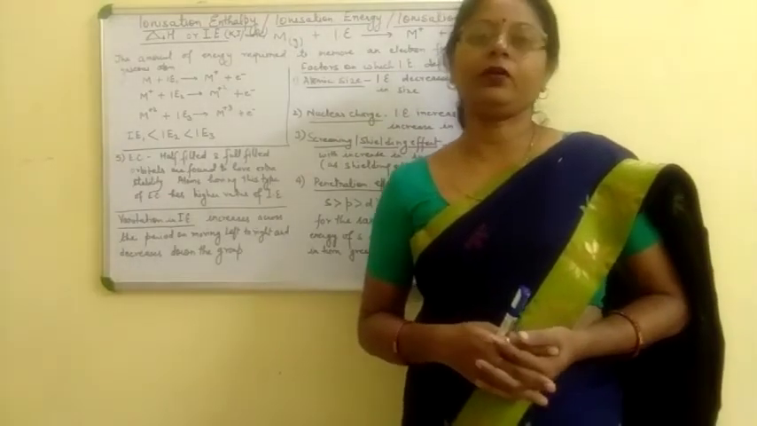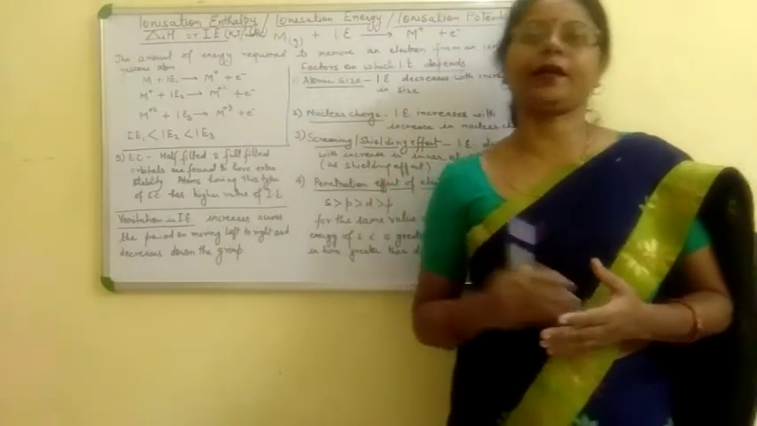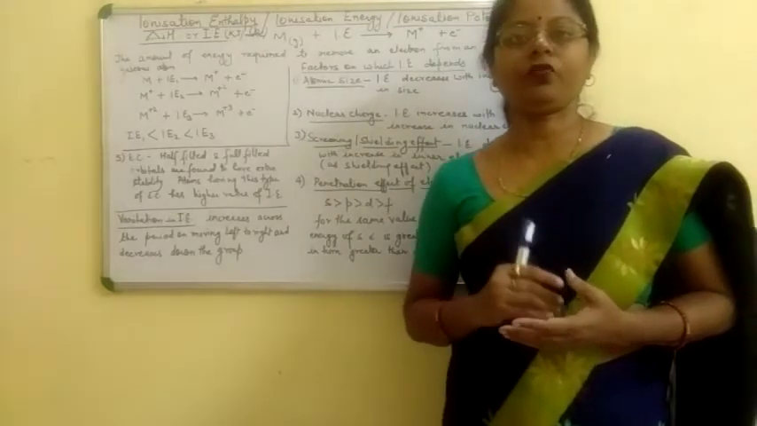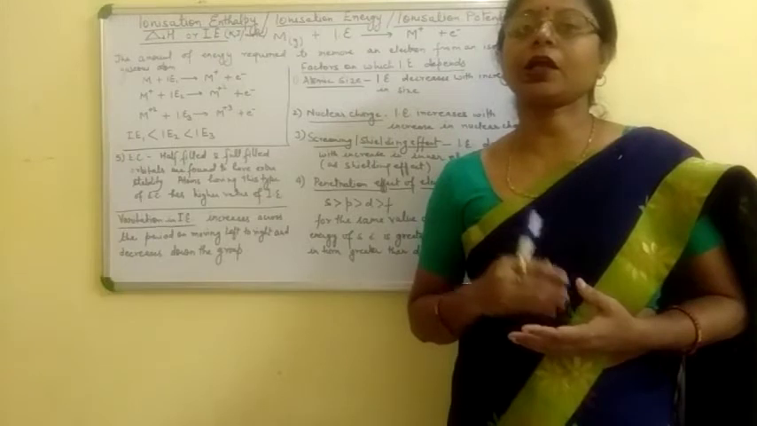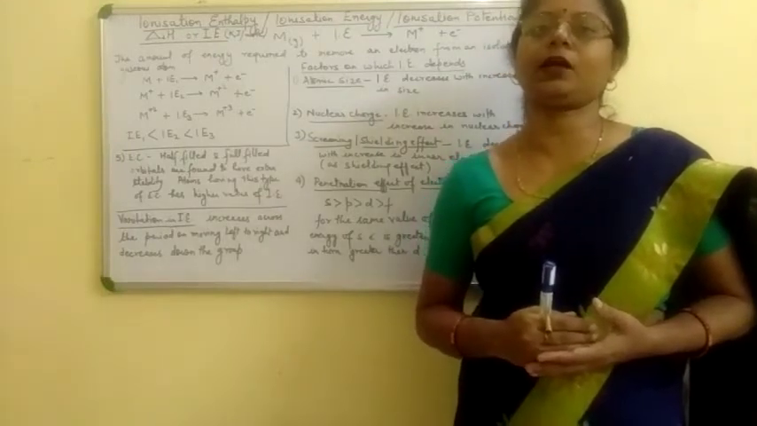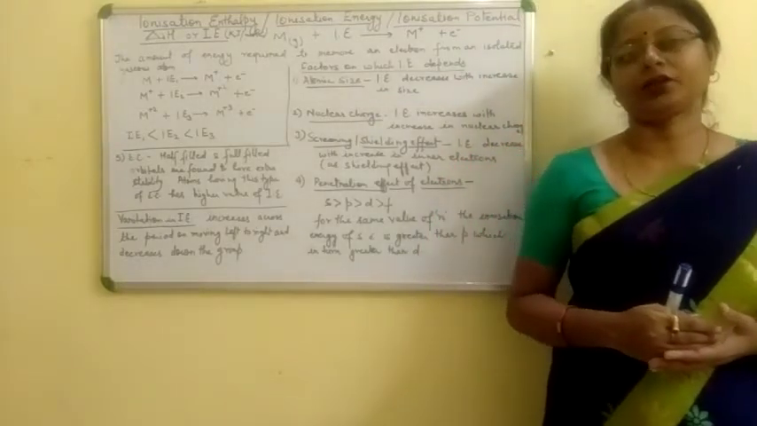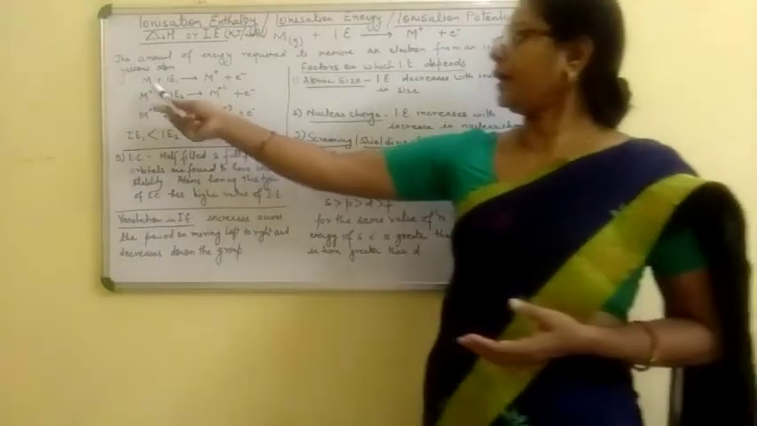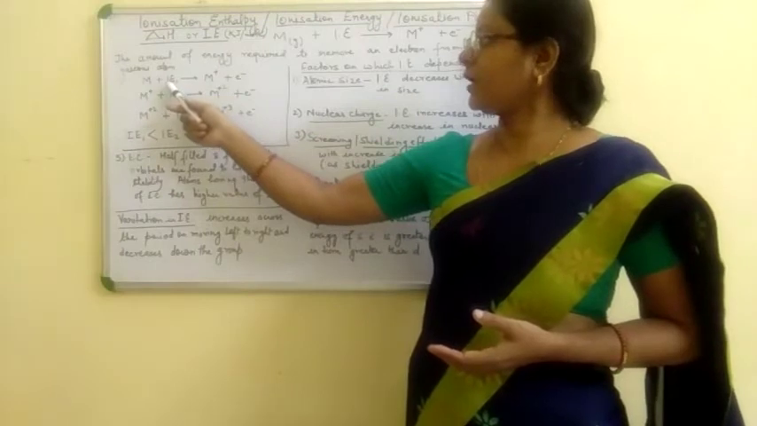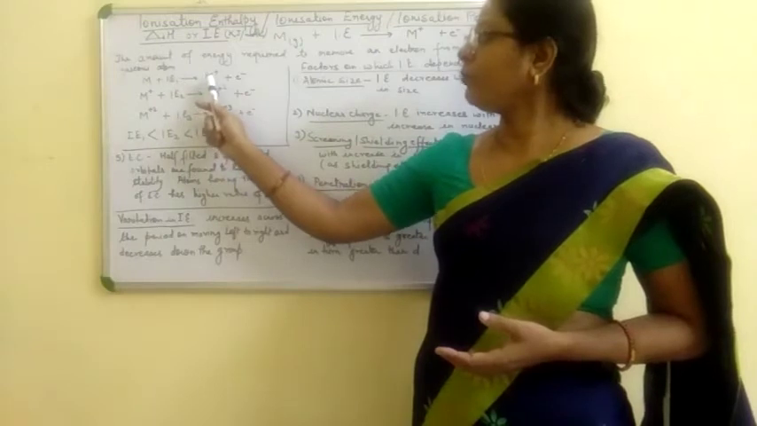When we remove an electron from an isolated gaseous atom, it requires some amount of energy. So the energy required to remove an electron from an isolated gaseous atom of an element is known as ionization energy. When an atom loses one electron, we can represent its ionization energy as IE1. When the